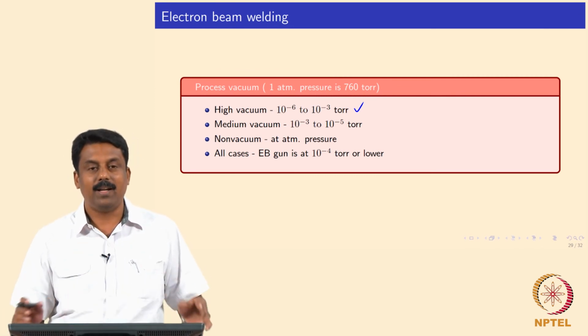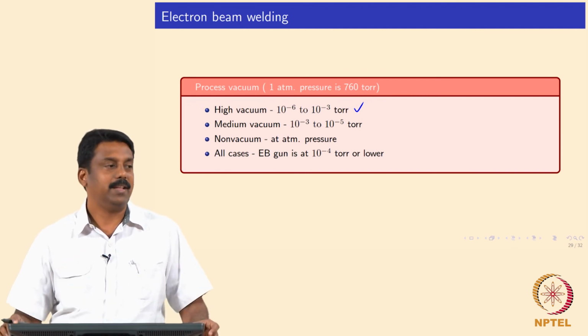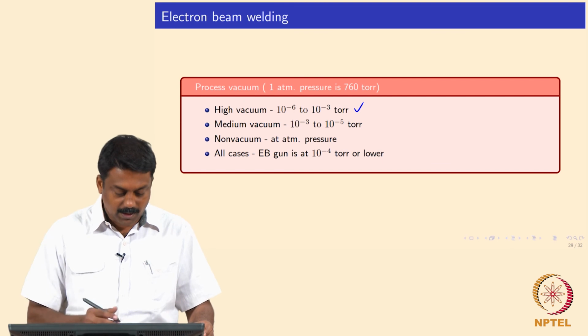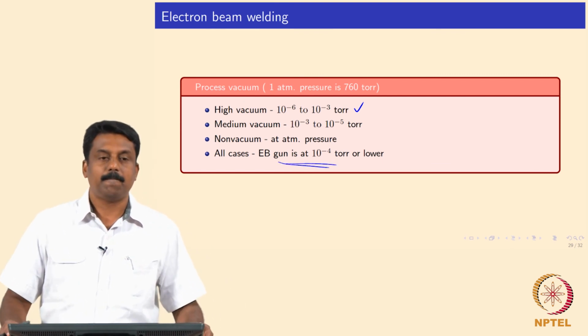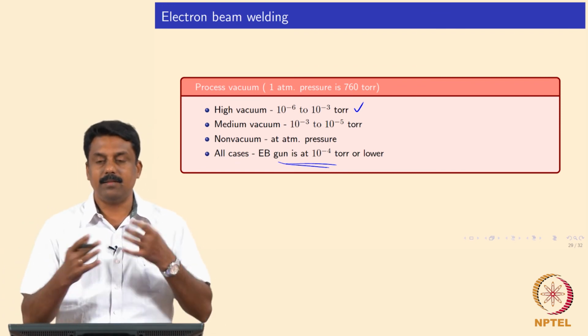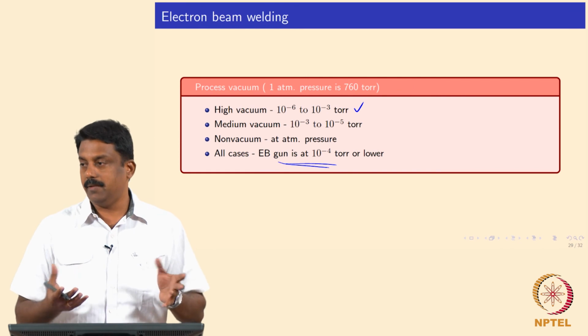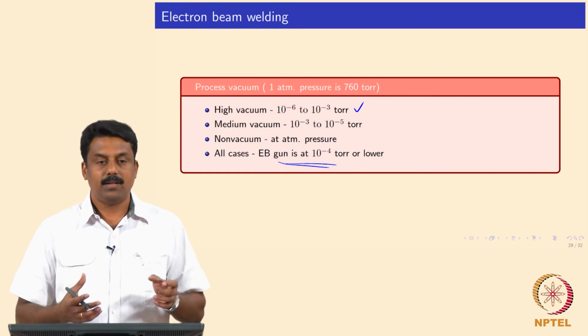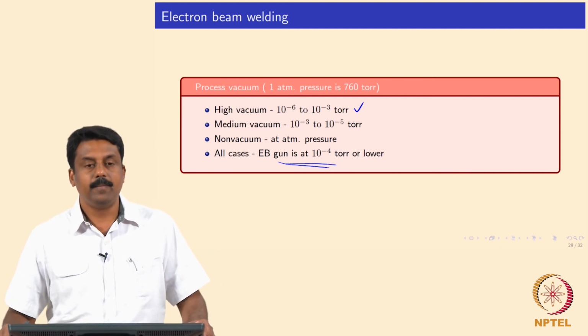You still have the electron gun, but the sample can be in atmosphere. So, in all cases the electron gun should be at very high vacuum, okay. But you can develop a system in such a way that the sample can be outside the very high vacuum system, right. And you can achieve good keyhole stability,